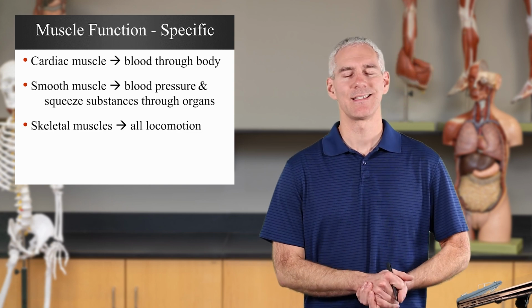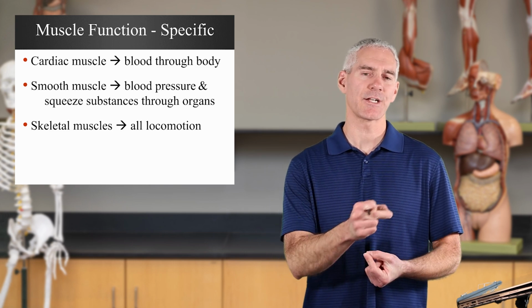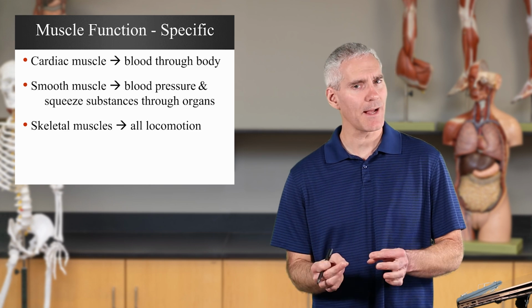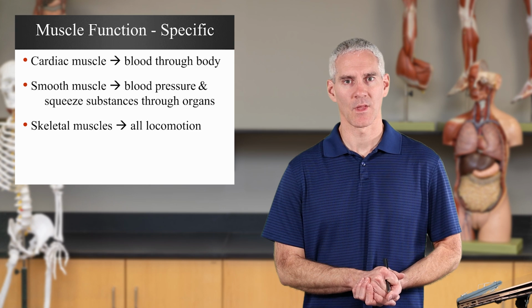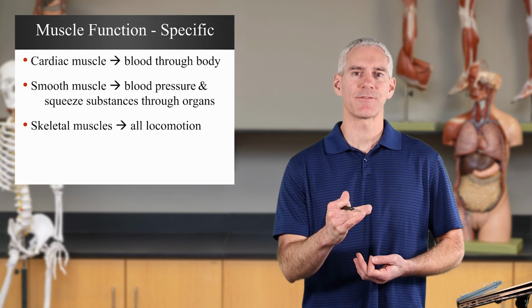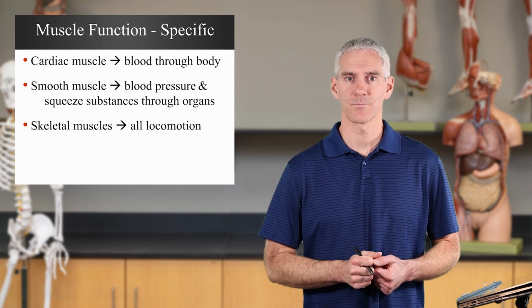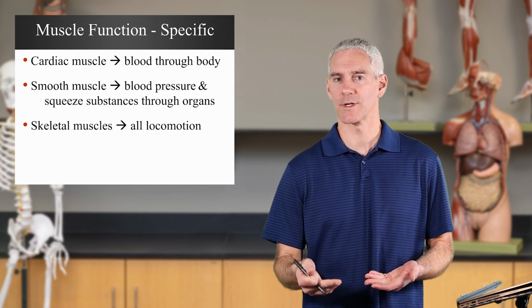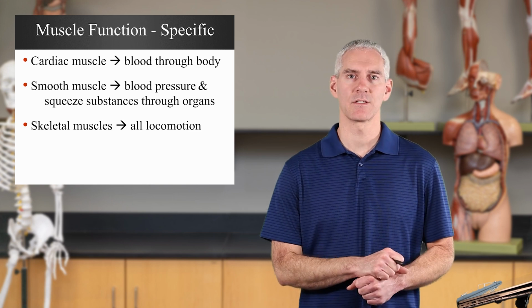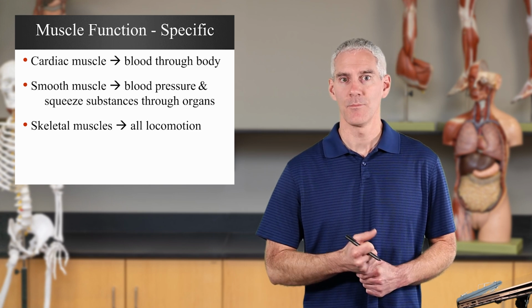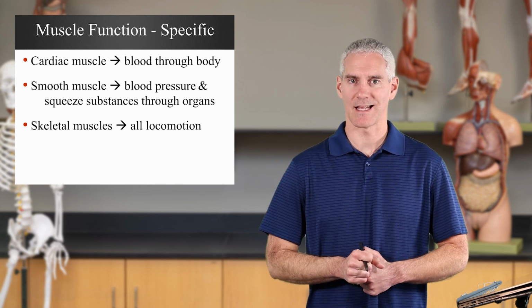And the third one is skeletal muscle. Skeletal muscle is going to be the muscle attached to bones. Now, sometimes it's attached to skin, but mostly it's going to be attached to bones. So these are 3 different types of muscles. Cardiac in the heart, pumping blood. Smooth muscle around hollow organs, so blood pressure, moving digestion through. And skeletal muscle is moving your body, making sure you can move your arm, your legs, your head. All that movement is skeletal muscle.